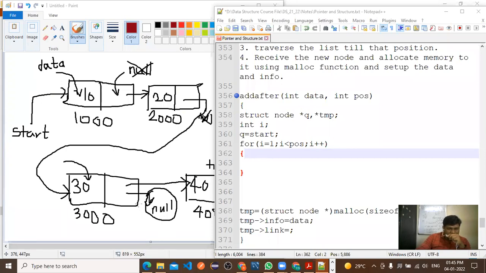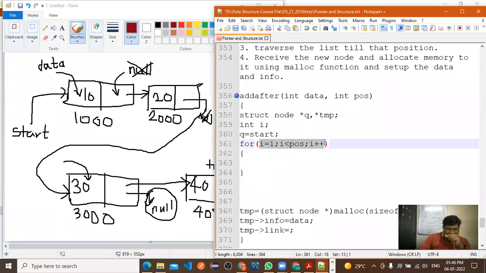After the third element means 30. Then what is the value of POS? Will it be 3, or 2, or 4? 3, sir. 3. Good. Now POS equal to 3, if you want to insert the element after 30, then value of POS will be 3.